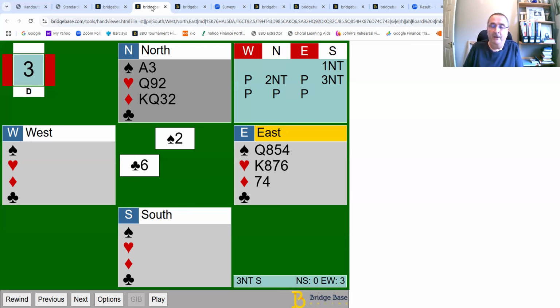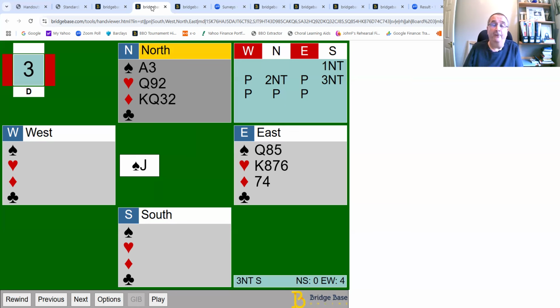So there's no real easy discard here. I think I'm just going to discard low cards because I don't particularly want my partner to lead anything. I might discard a diamond, which would be a reasonable choice, or another one would be a low spade, perhaps. A four of spades, I think, is a reasonable choice. You don't really want to signal encouragement because anything your partner leads may help Declarer if they lead one of the major suits. Anyway, I signaled discouragement with a four, but my partner now switches to the jack of spades,